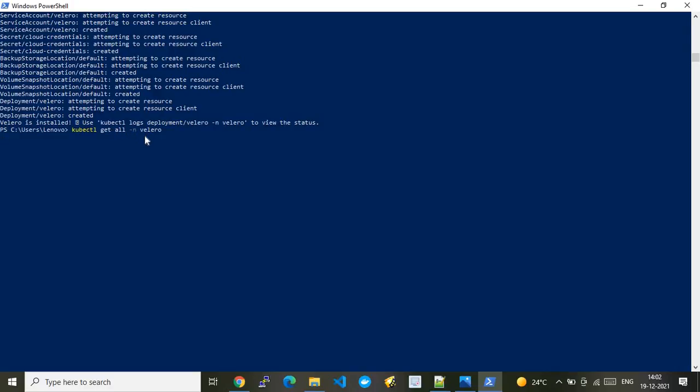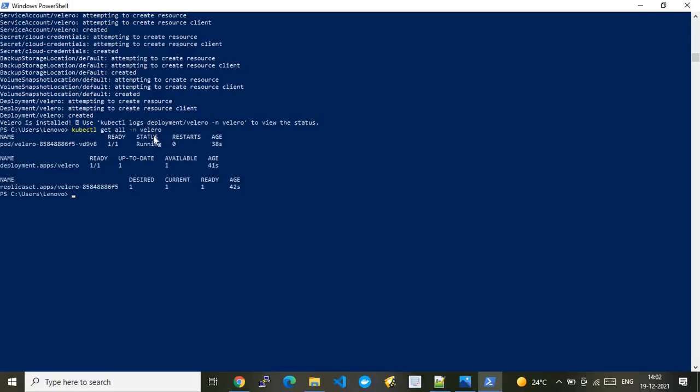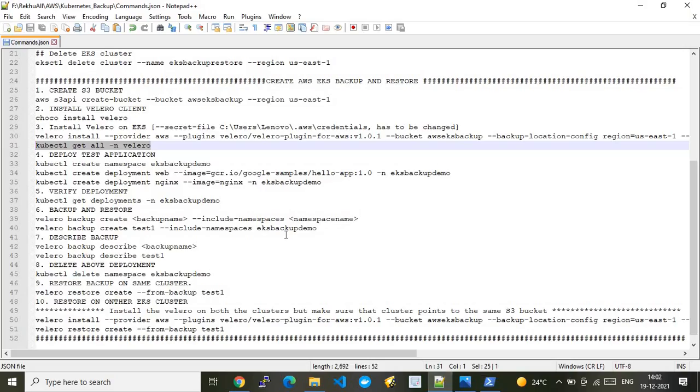When we install the Velero pod on the AWS EKS cluster, it creates a dedicated namespace, and we are getting everything present under that namespace. You see, it contains a service, a pod, a deployment, and an app as well. Everything looks fantastic and working. All right, next we go to the next one.